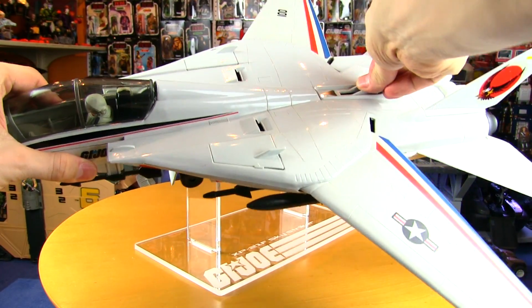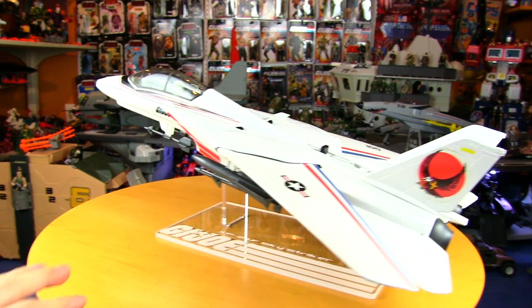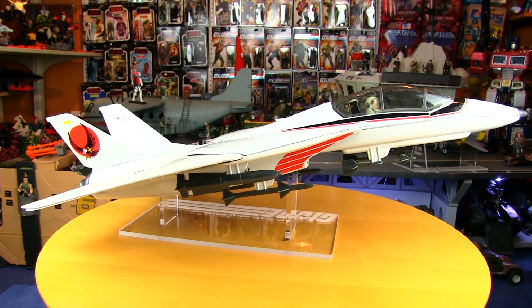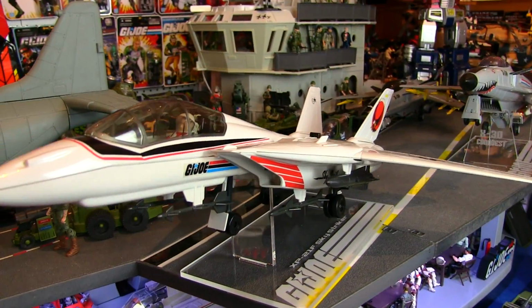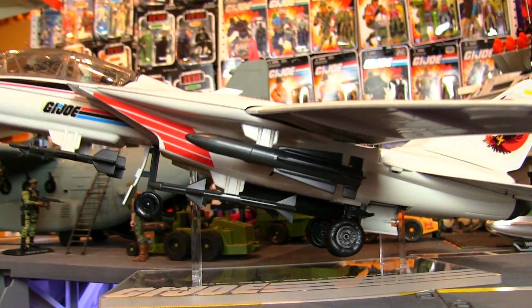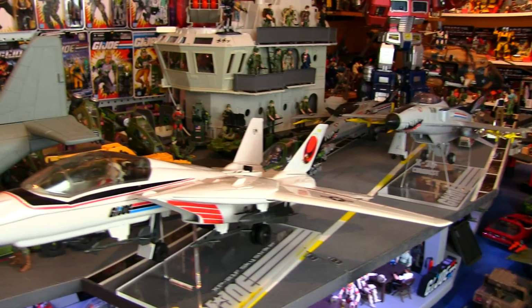The great thing about this particular stand is that you can display your Sky Striker with either wings out or wings in. Now you can have a Sky Striker taking off of your USS Flagg, just like on the Flagg box art. Now instead of just having your jet sit on the Flagg's deck, you can give it that Scramble the Fighters